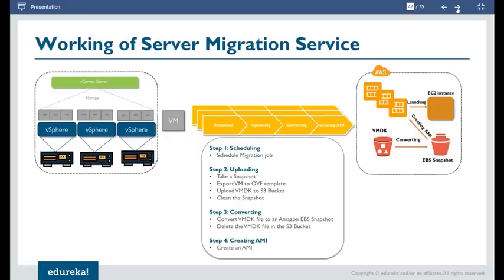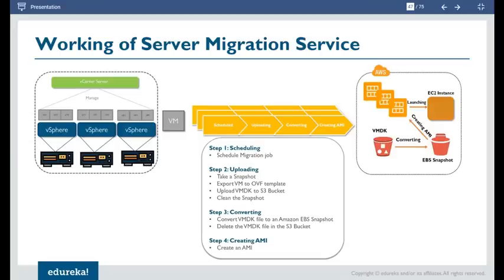So you first schedule a job. During that schedule, you take a snapshot of your VMs, right? From that snapshot of the VM, you convert it to OVF format, and move that OVF, that is your VMDK, to your S3 bucket. Once you move this to your S3 bucket, from there you can create EBS snapshots, and from that EBS snapshot, you can create your EBS volume.